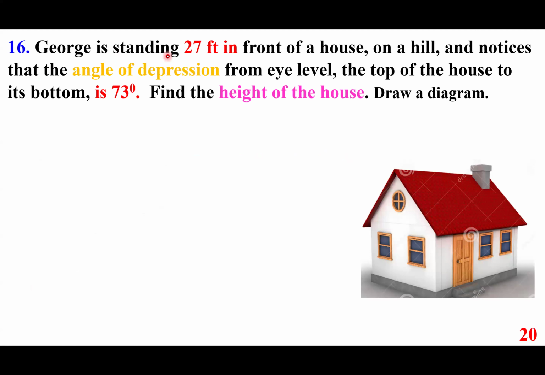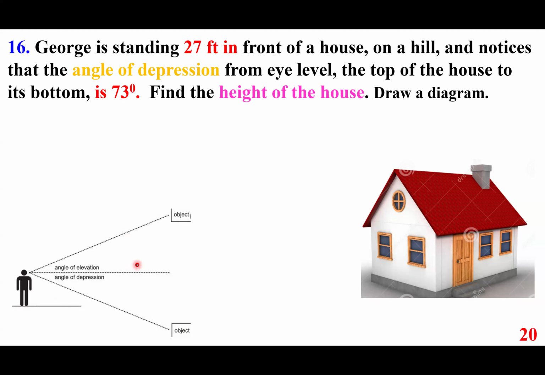George is standing 27 feet in front of a house on a hill and notices that the angle of depression from eye level, the top of the house to its bottom, is 73 degrees. Find the height of the house. Draw a diagram, again reminding you of this concept. And so,